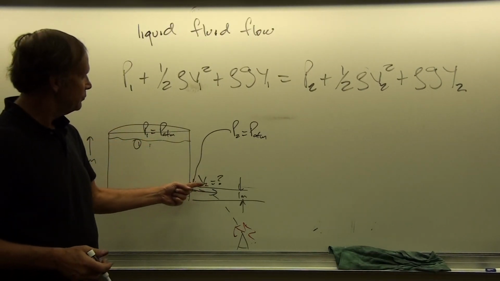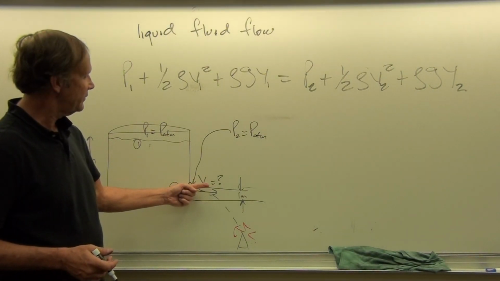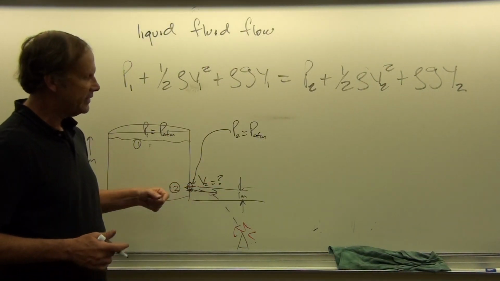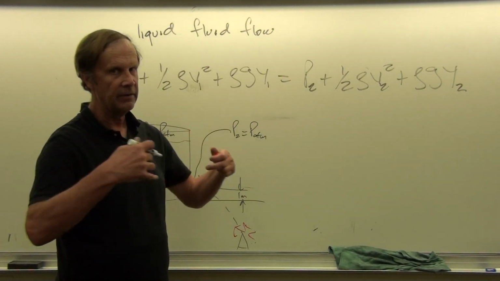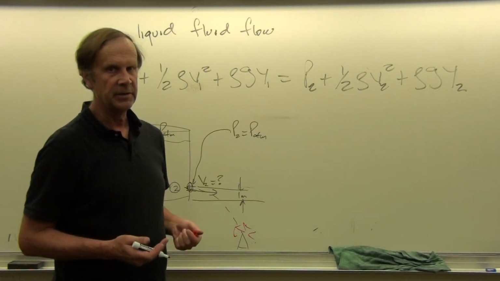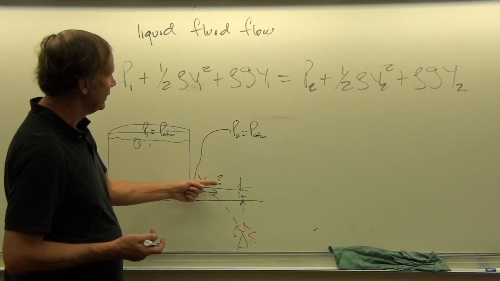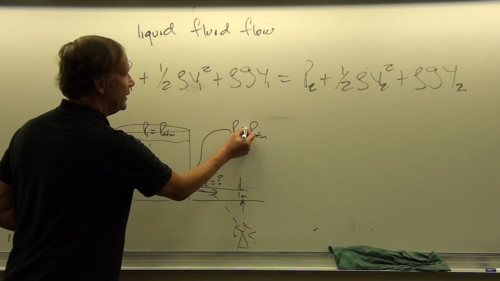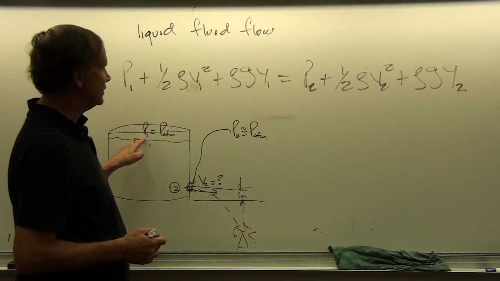Now here P2 may not quite be P atmosphere, because there is a velocity of fluid flow that will carry along some air molecules. You can feel a little bit of air flowing near rapidly moving water. And so the air may get moving a little because of the motion of the fluid. But I'll still neglect that effect here and say that P2 is about the same as P1.